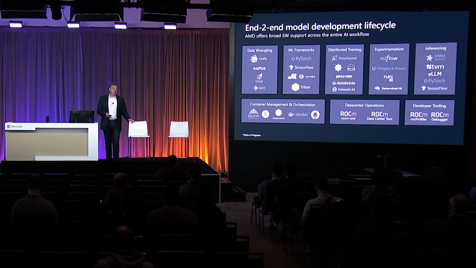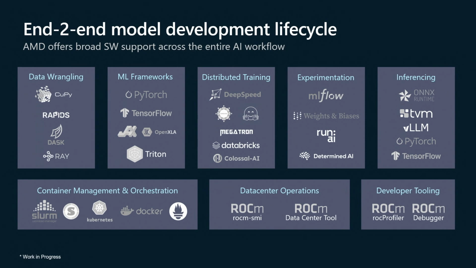So we know, of course, it's not just the frameworks. There's stuff that happens upstream and downstream from ML frameworks. If you look at data wrangling, if you're looking at GPU-accelerated NumPy, we have something called CuPy support. Dask and Ray, very popular as well, for scheduling workloads. And then we're in the process of completing RAPIDS support, so that should be available in Q1 next year.